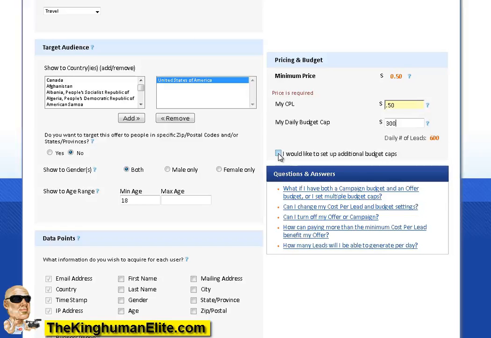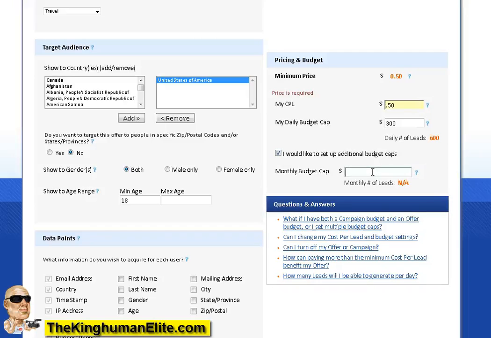Now, you can put an additional cap here of a monthly cap, so you don't have to come in and look at it on a daily basis, and suddenly at the end of the month you've got a $5,000 bill and you go, oh. You could put 300 as the maximum amount I want to spend. And then once you set that, you don't have to come back. You're not going to come back to any surprises. So anyway, let me just click next and we'll go on and I'll show you what we've got to do next.